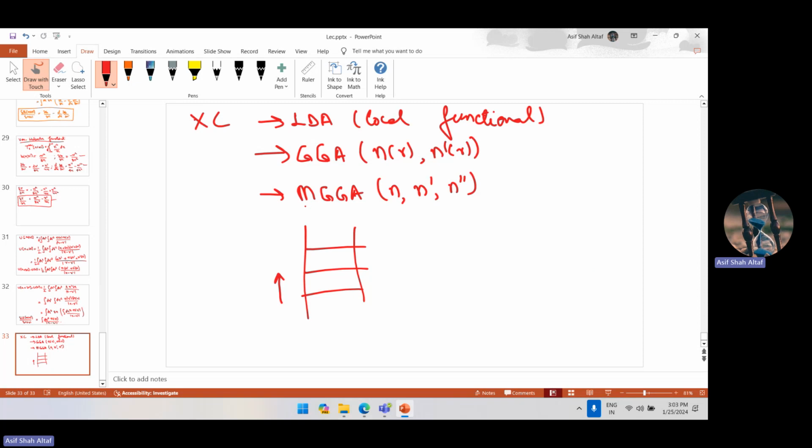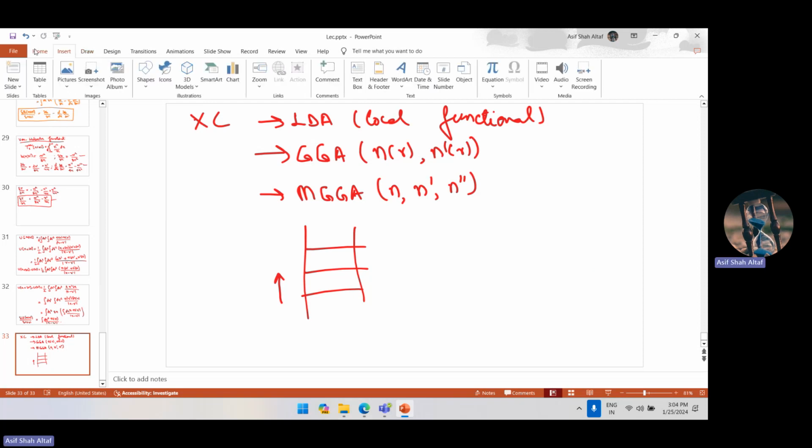So if you are using MGGA, then you will have up to the second order of derivative in your functional. And if you want to know how to calculate the derivative of that thing, or maybe sometimes you will have a functional which basically depends not only on n but up to some higher order derivatives. Okay, so now what we will do is basically we will derive a general result which will give you a functional derivative of any semi-local functional which depends on derivatives up to nth. Right. So for that,